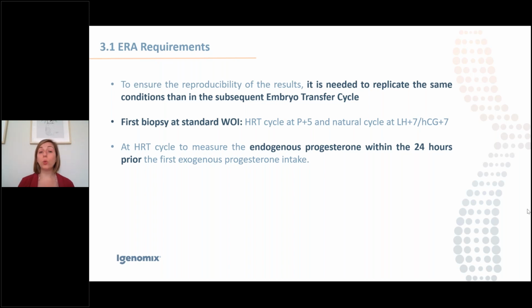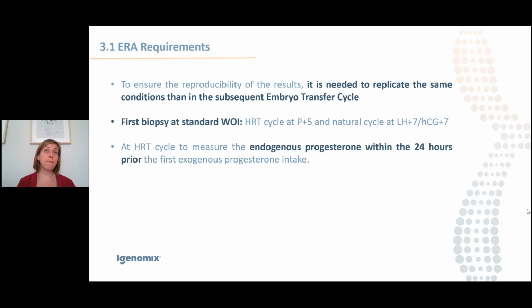But you can do ERA with any thickness. The only requirement is that you have to collect the biopsy when the endometrium is going to have a similar thickness to the one that you expect to have for the transfer cycle. For example, if you have a patient that always reaches 8 millimeters, 9 millimeters, and then you plan